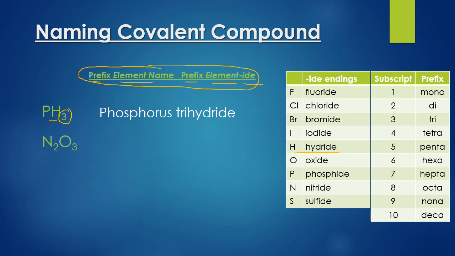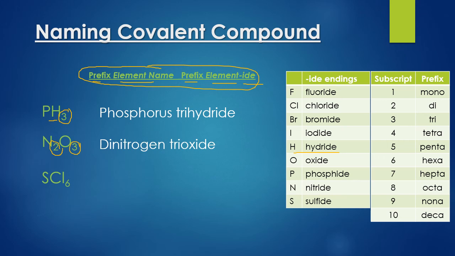The next example, N2O3. There are 2 nitrogens, so the prefix is going to be dinitrogen. The second element present, oxygen, there are 3, so it would be tri, and then oxide for that -ide ending. Notice the -ide ending is only on the second element present. Another example,